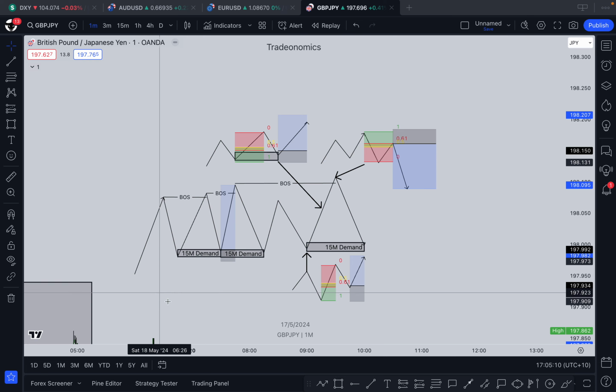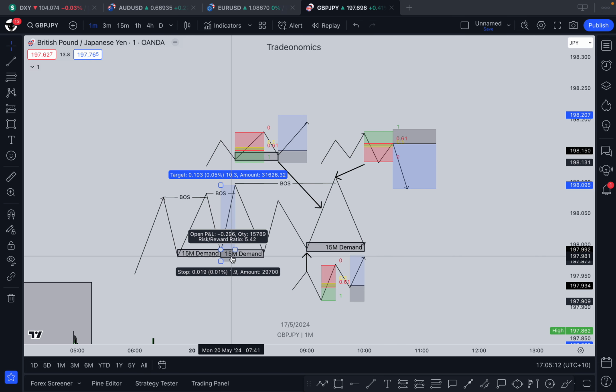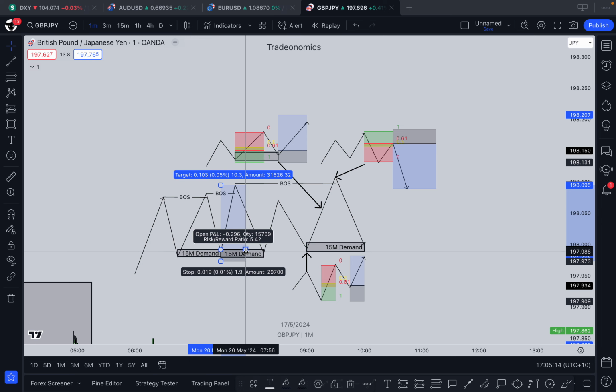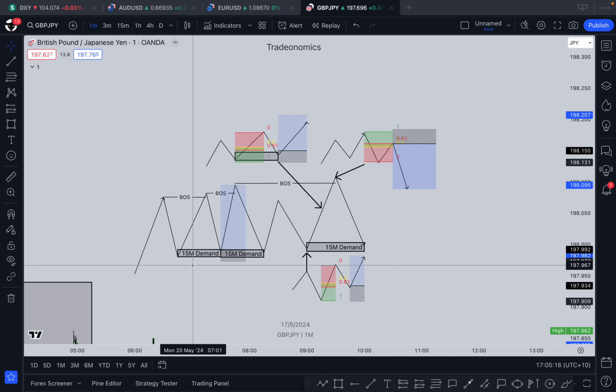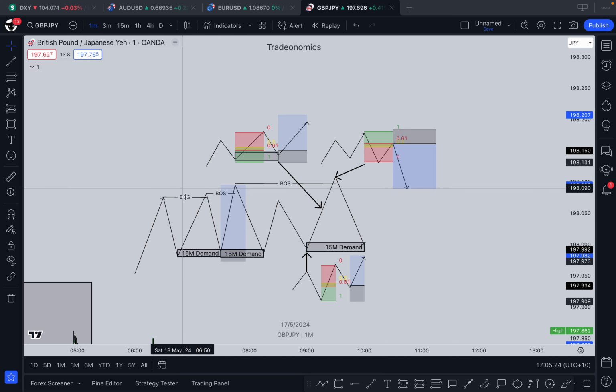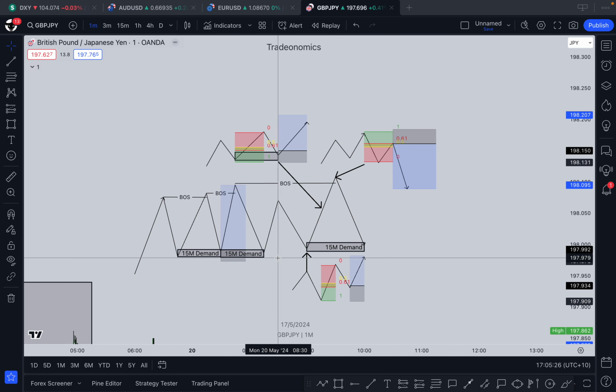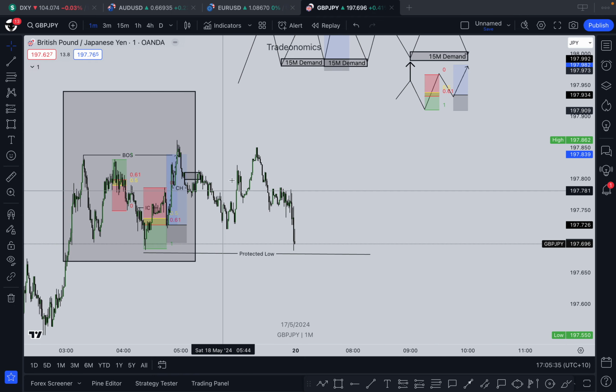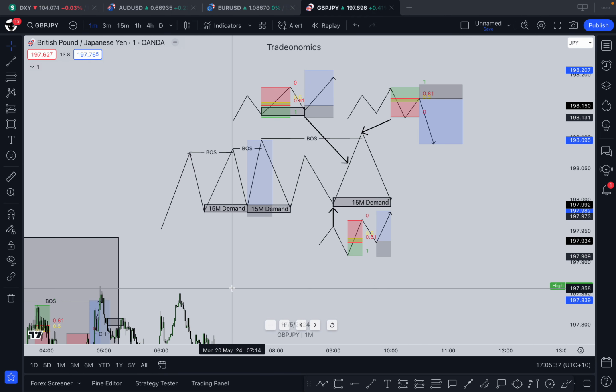So, first one is very clear, just a continuation, right? We have our breaker structure, comes down to the demand on the 15 minute. So this will be on the 15 minute. Very clear demand buy, right? Comes down, bullish structure, stops below. Okay, everyone knows that, pretty standard. Obviously you want your other confluence as well. Make sure the higher time frame is bullish, and we're pretty low in the leg, right?